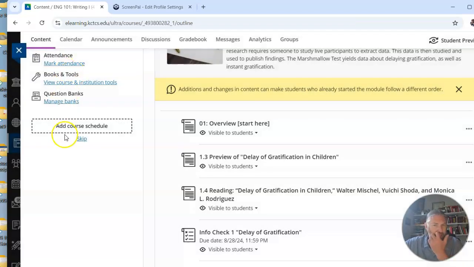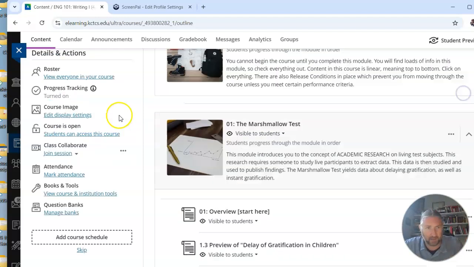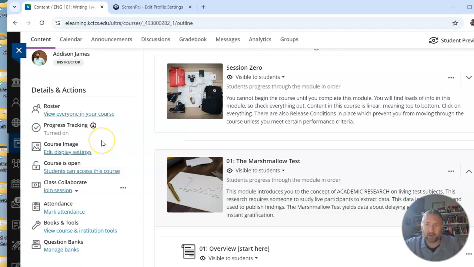So I don't know if you noticed, you get these little circles out by the assignments and the activities. When you do one, it goes to half shaded black, and then you can click on it and click mark complete, and it'll go to green, meaning you've completed that. So that is the progress tracker to help you keep straight what you're doing there. Anyway, those are just a few things. So I do look at that, and I do want to see engagement, interaction, that you're logging in, that you're doing the content, you're spending time